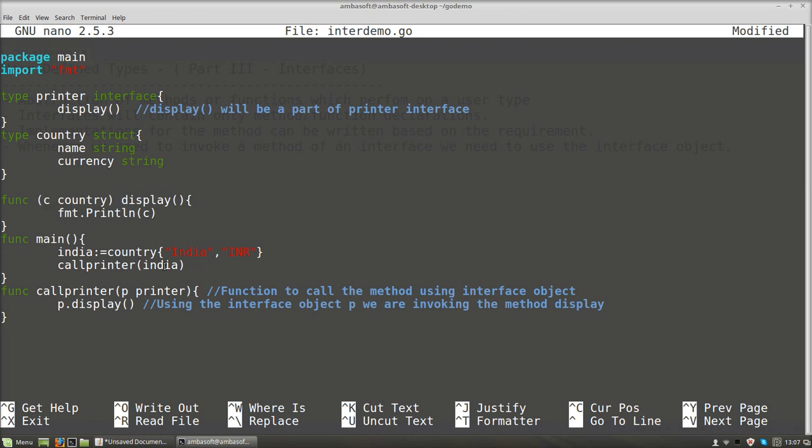So India will be passed to the display method as a value receiver through the interface printer. So what does it mean? Variable India will be passed to the display method through the printer interface